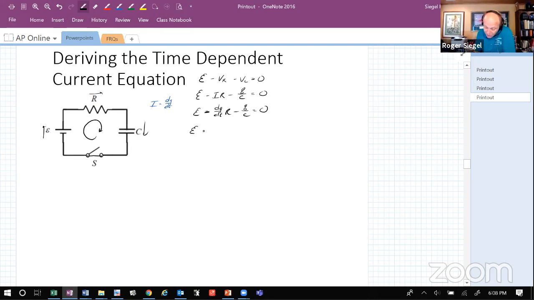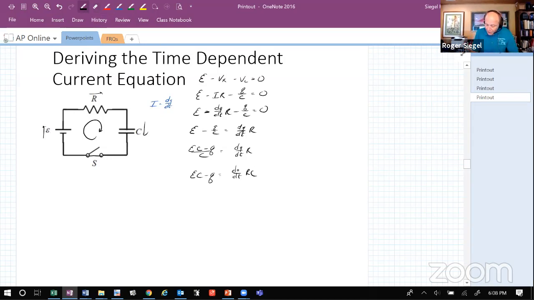So first thing I'm going to do is get the differential on the other side, just to survey the terrain here and see what I've got. I'll bring the R along with it. And so from experience, I know this is going to be easier if I put a common denominator. So I'm going to say EC minus Q all over C, and that's going to be equal to dQ/dt times R. And now I'm going to bring the C to the other side, and so I'll get EC minus Q is equal to dQ/dt times RC. And it looks like I wrote dd dt, and that's incorrect.